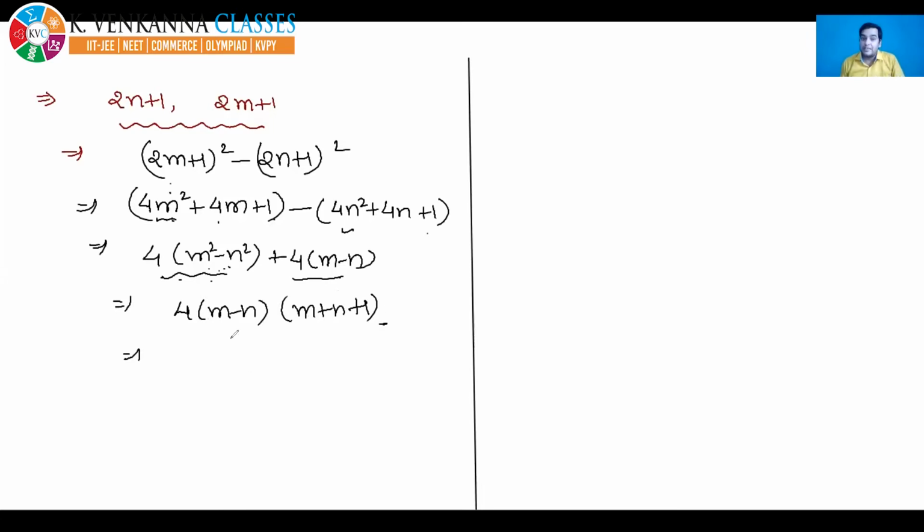Now you have to prove that it is a multiple of 2. Although you are seeing here that it is clearly a multiple of 4, you have to prove that it is a multiple of 8. So that means you have to prove that this encircled thing is a multiple of 2, because the total is a multiple of 4. If this encircled thing becomes a multiple of 2, then the whole will become a multiple of 8. Now how to prove it? See carefully. Now mathematically you cannot do anything further, so you have to analyze the things.